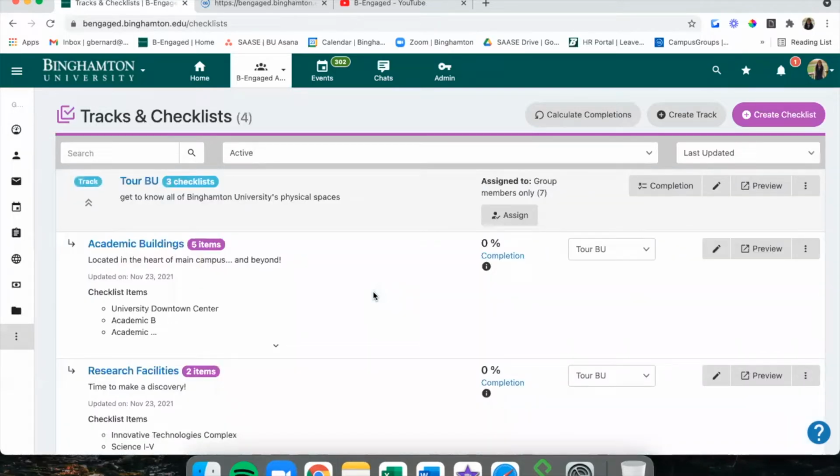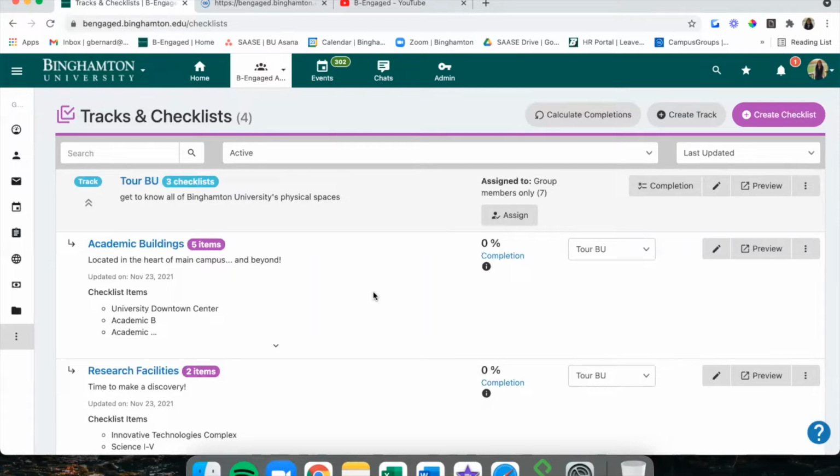Now, tracks and checklists are a semi-labor intensive feature of Be Engaged because you have to build out every item of your checklist and every checklist of your track, since a track is just a series of checklists, in order to officially be done and assign these tracks or checklists to people.